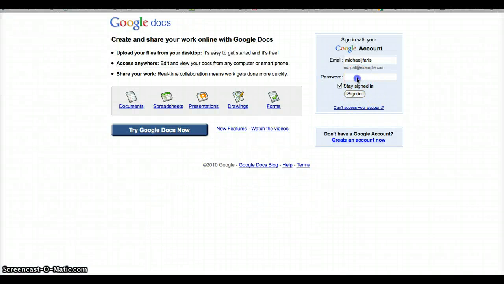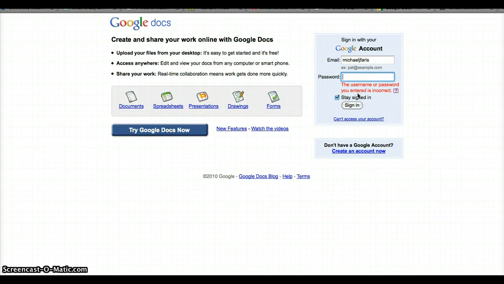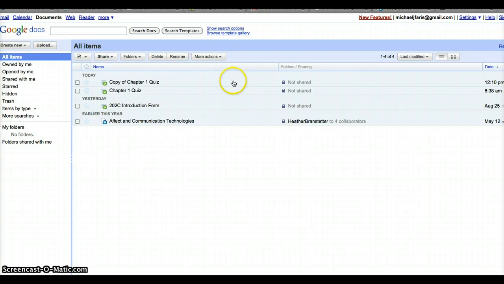First of all, I went to Google Docs and I logged in with my Gmail account. If you don't have a Google account, you can quickly create an account now. It's really easy. It's not a problem. And oops, I put in the wrong password there. So then from here, after I've logged in, I just went over here to create new, and I created a